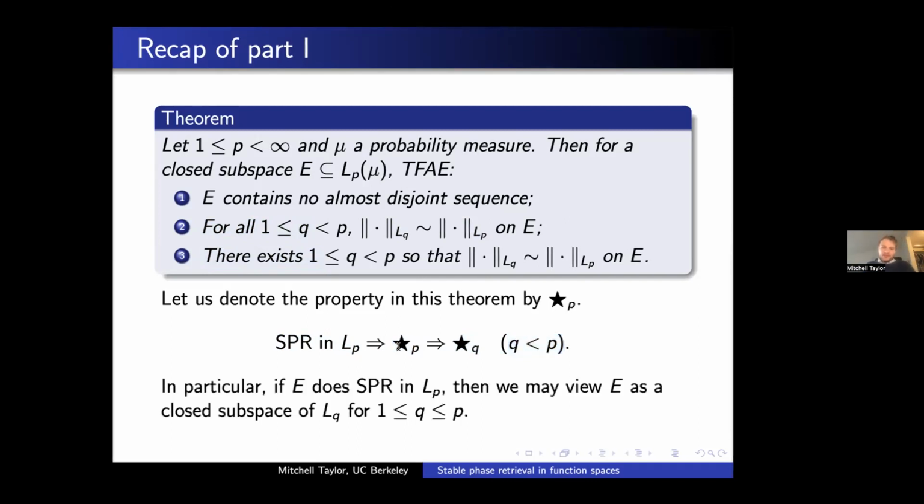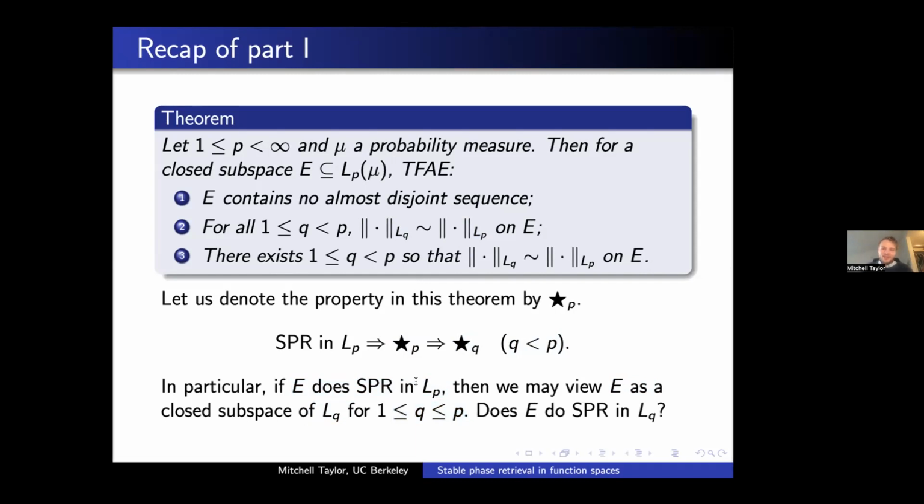And as a corollary of this implication, I know that if E is a subspace of LP, which does stable phase retrieval, then I may view it legitimately as a subspace of LQ for any Q less than or equal to P, because all the LQ norms are equivalent to the LP norms, right? And so,